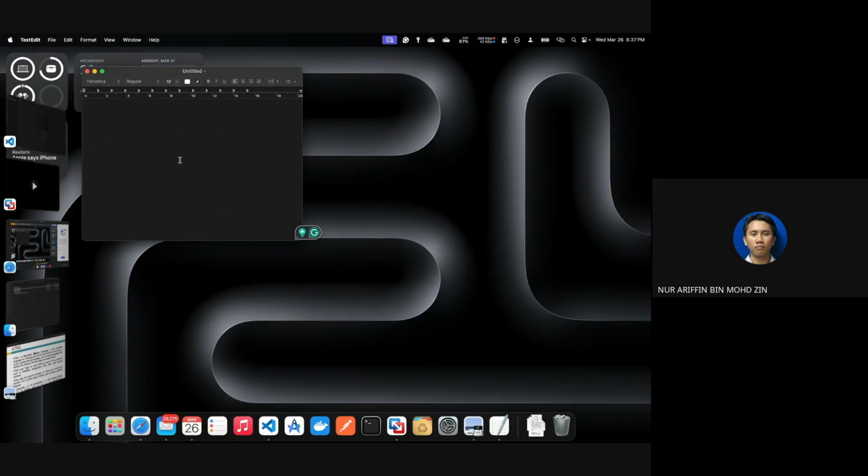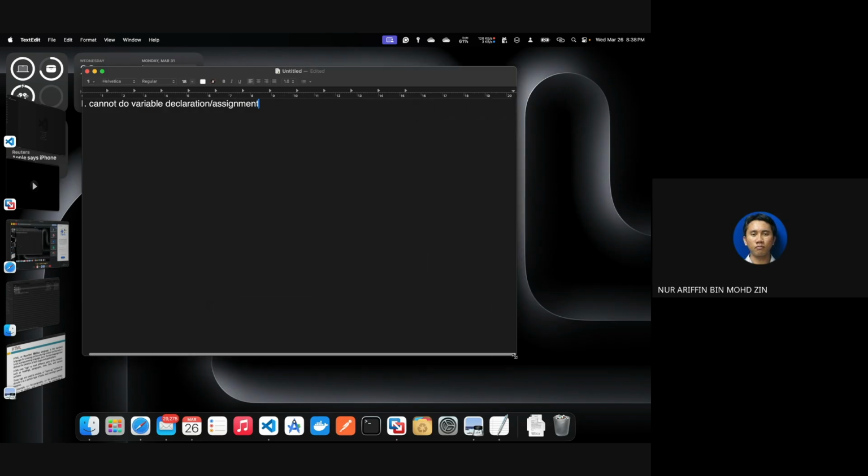okay, why is HTML not considered a programming language? First, because it cannot do variable declaration or assignment. Okay, like if you have learned Java or C++ before, in HTML, it cannot do something like this: int a equal to 1. Okay, it cannot. Okay. And then the second thing is